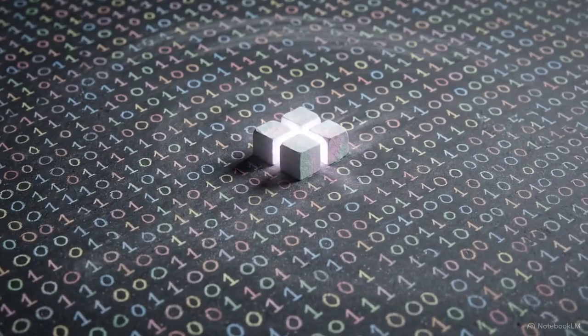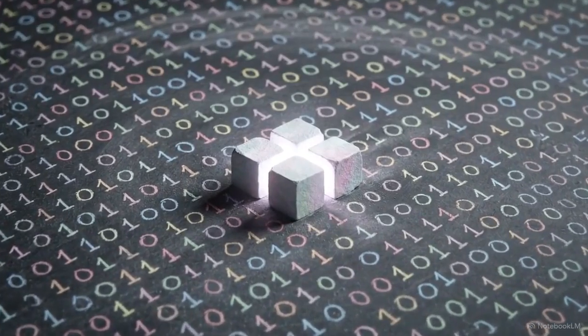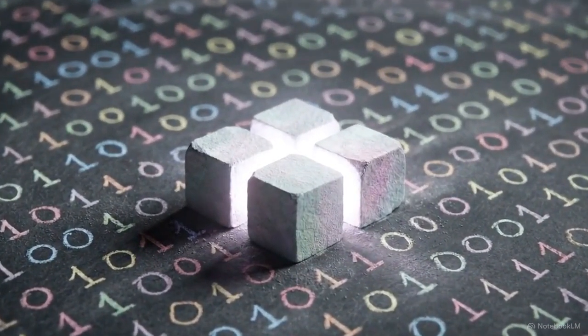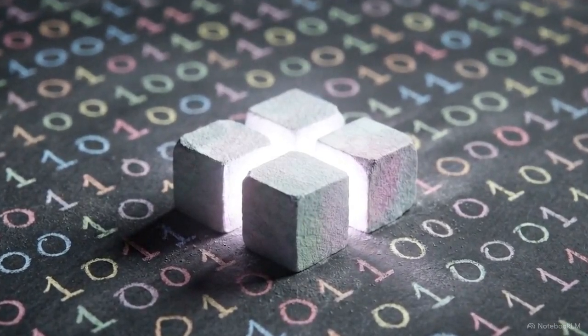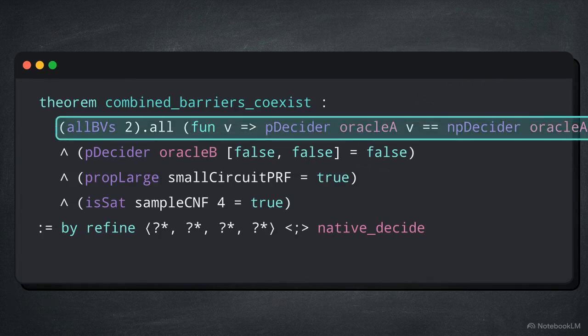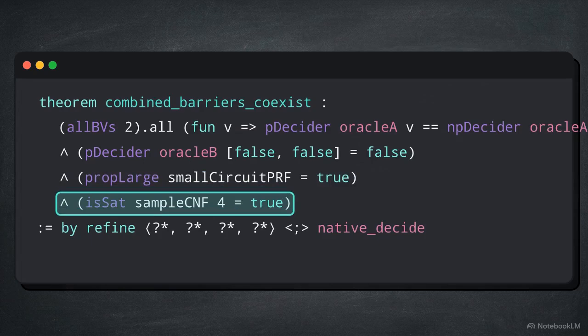Resolving P versus NP requires navigating obstacles in infinite dimensions. To analyze them precisely, we compress these barriers into a finite combinatorial space. This lean code block represents a mechanized proof of that compression. It is a single theorem containing 4 logical clauses, each proving that a different known barrier to a P versus